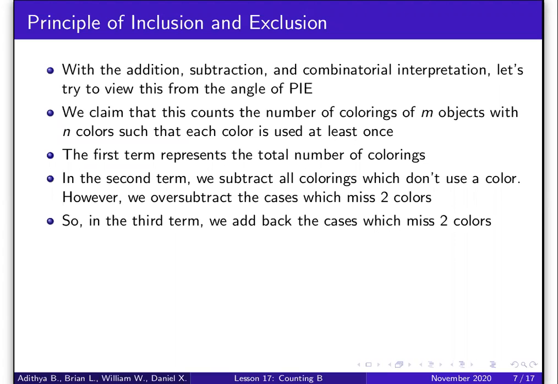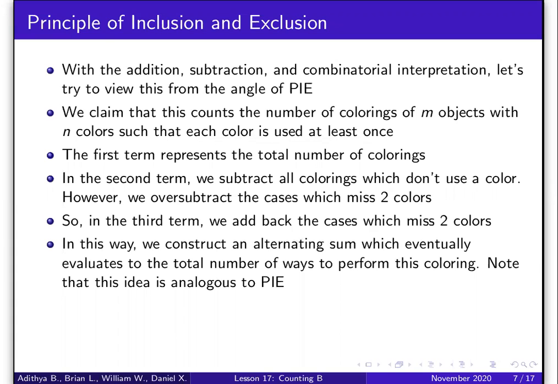Colorings that miss 1 color are still counted 0 times, but everything else, which was over-subtracted, is now added back. But we might now have some overcounting, because the cases which miss 3 colors get added back multiple times. And if we continue this logic,